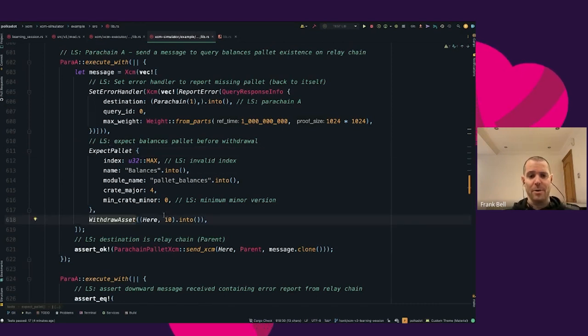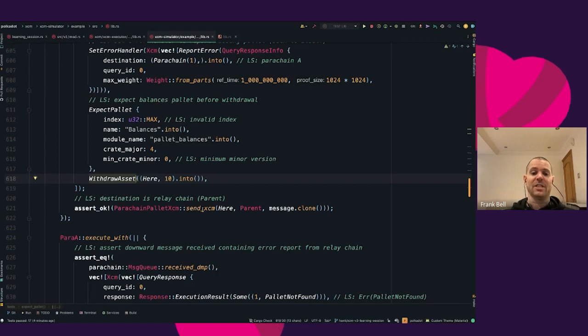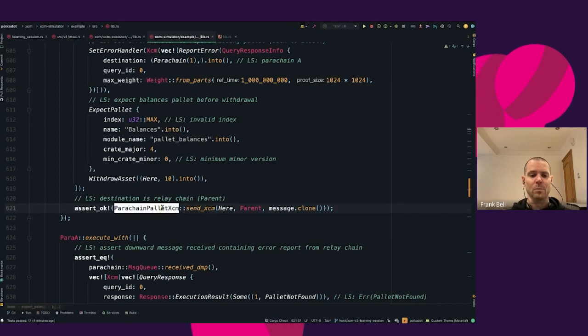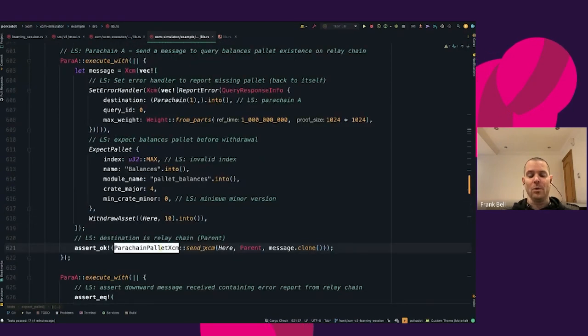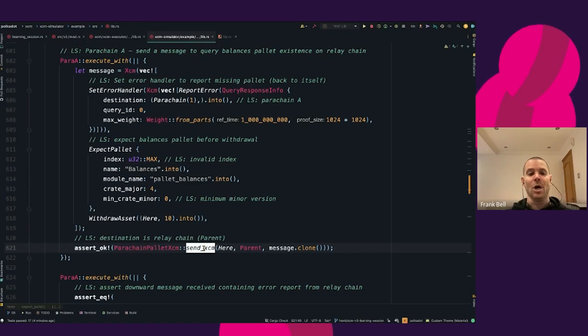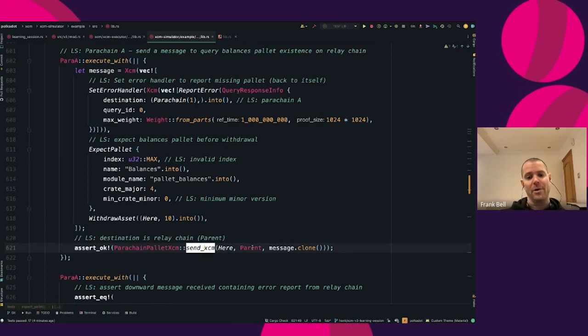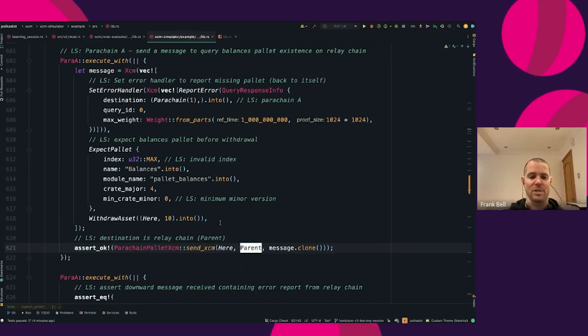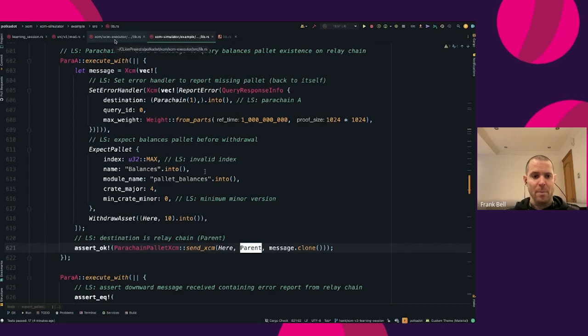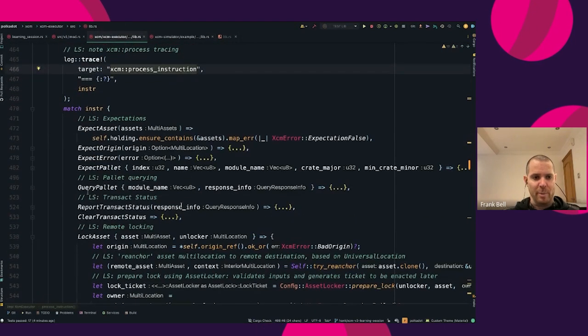So the next step thereon is to obviously send the message. So we are using the parachain pallet XCM to send on that message, and all that's really doing in terms of the mock test setup is forwarding that message onto the XCM executor, which I'll drop into next. But interestingly here, you'll see that the destination is the parent of the parachain, in other words, the relay chain. So if we bring up the executor and we just look at the expect pallet